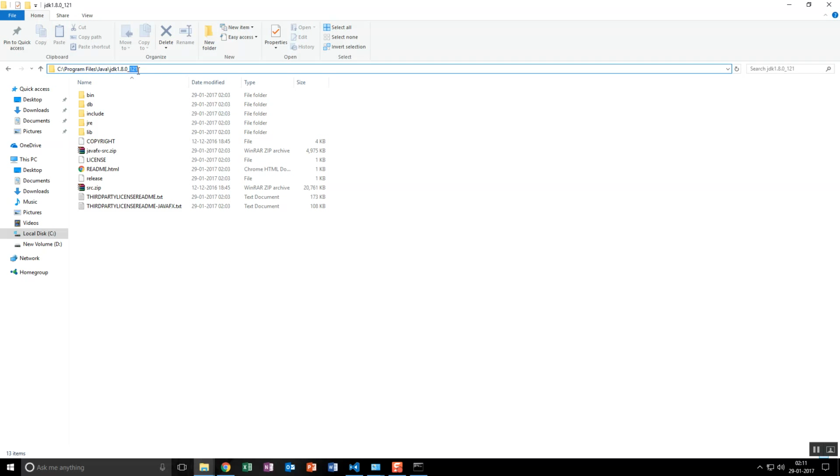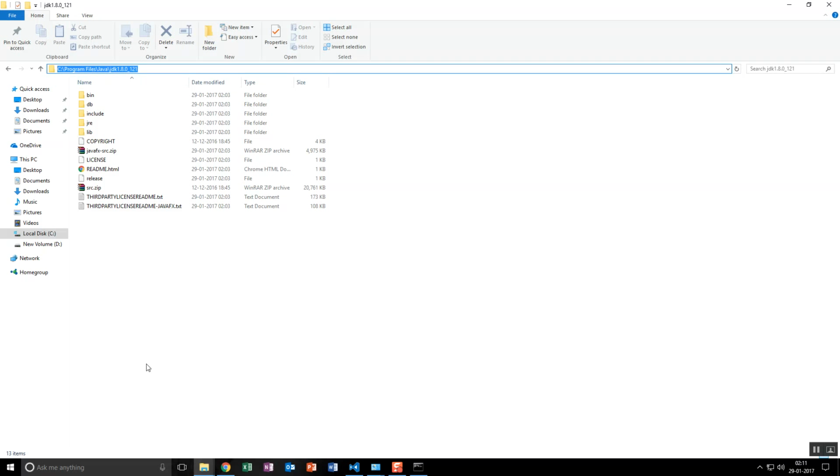If you want to know about Java 7, it will be a 7, it will be a 6 file like that. So the 1.8 is the 8th version. You need not be confused. It's not JDK 1, it's the JDK 8th version, that is Java 8th version. So currently it has been updated to 121.